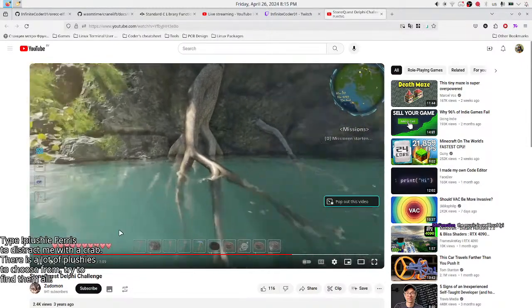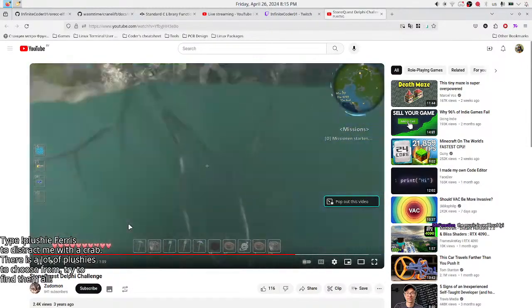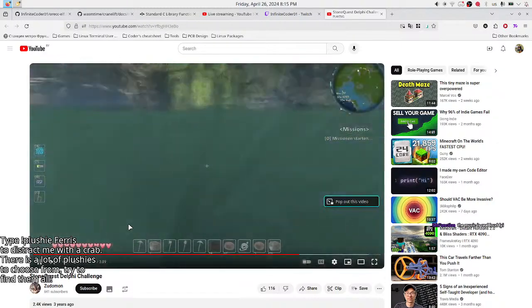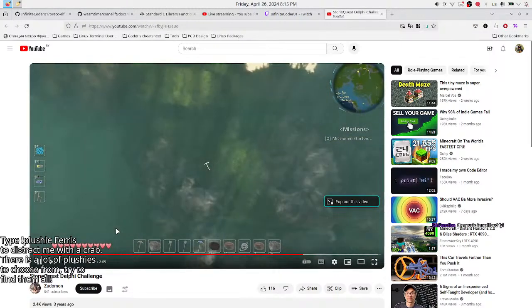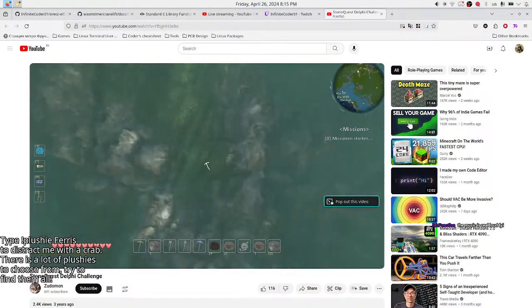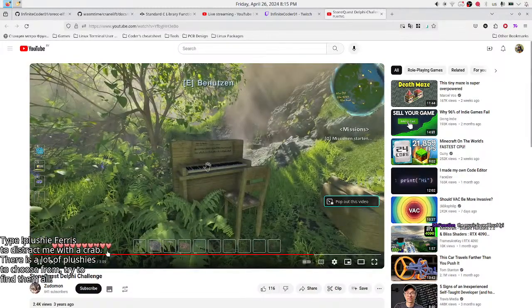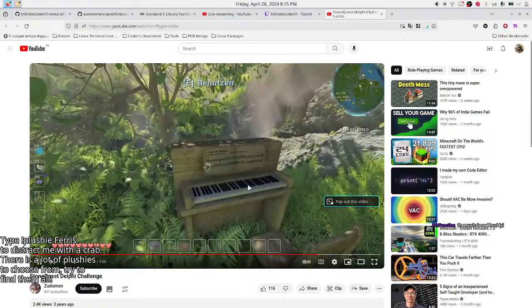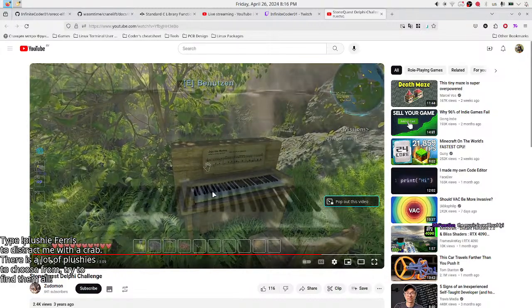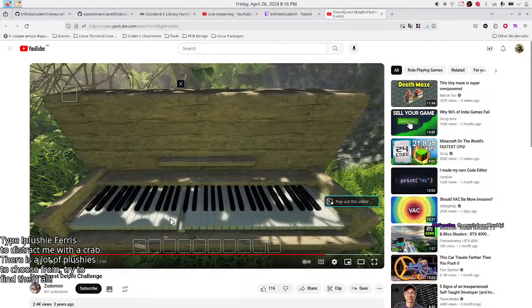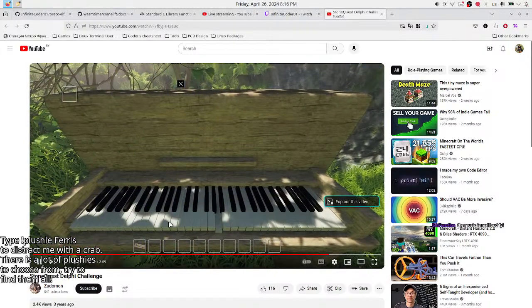Can't really make it much quieter. I mean, that's probably my microphone just being so quiet because I don't have a microphone stand. What's this? A piano? No way.